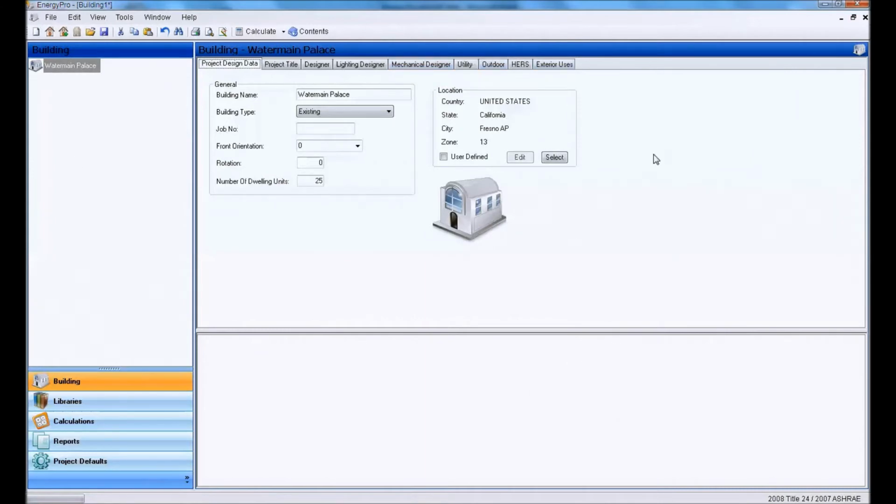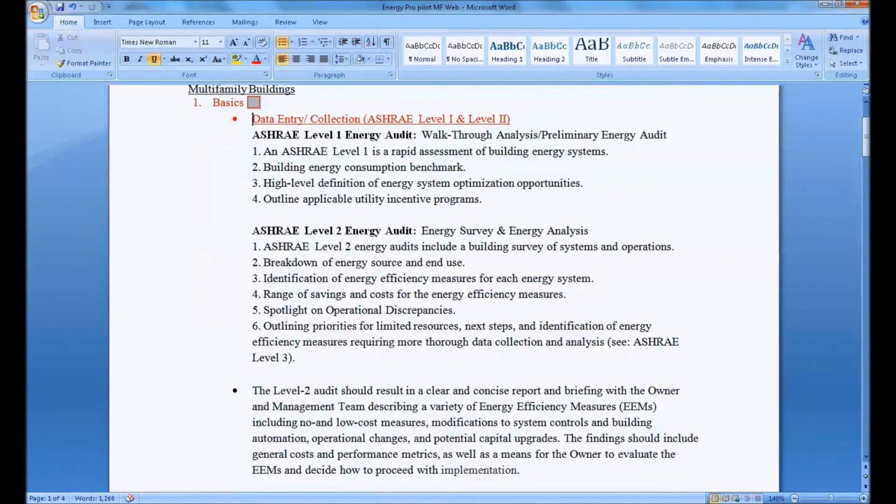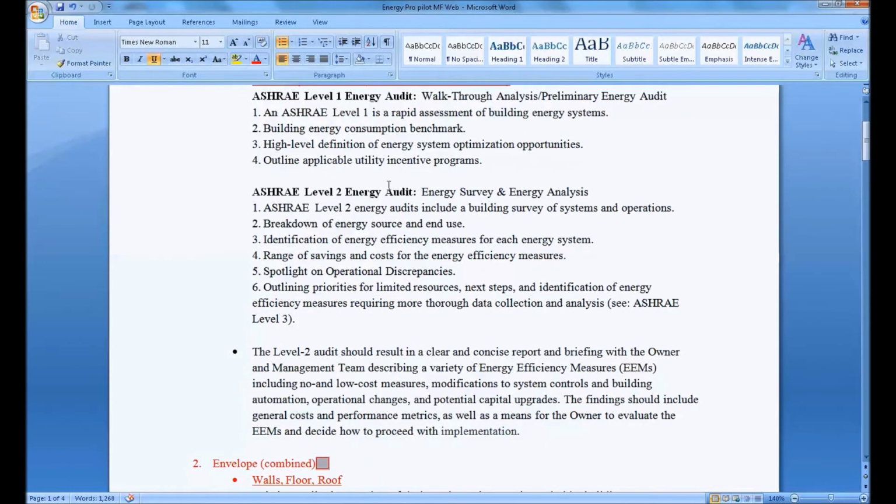Okay, so that basically gives us a high-level overview of the building component of EnergyPro. And so the main thing you want to be looking for, if you are a building modeler modeling your building, is the information that's going to be given to you. So your building analyst should have done a series of different types of assessments. Generally an ASHRAE Level 2 assessment should have been done on the building, and this